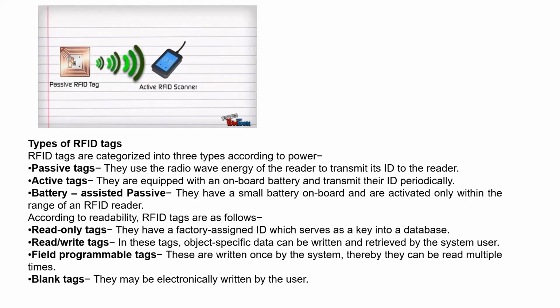There are also tags which are called field programmable tags. These field programmable tags are written once by the system. Once it is written by the system, afterwards they can only be read multiple times. So, written once and read multiple times. It is also called a WORM type of tag. WORM, W